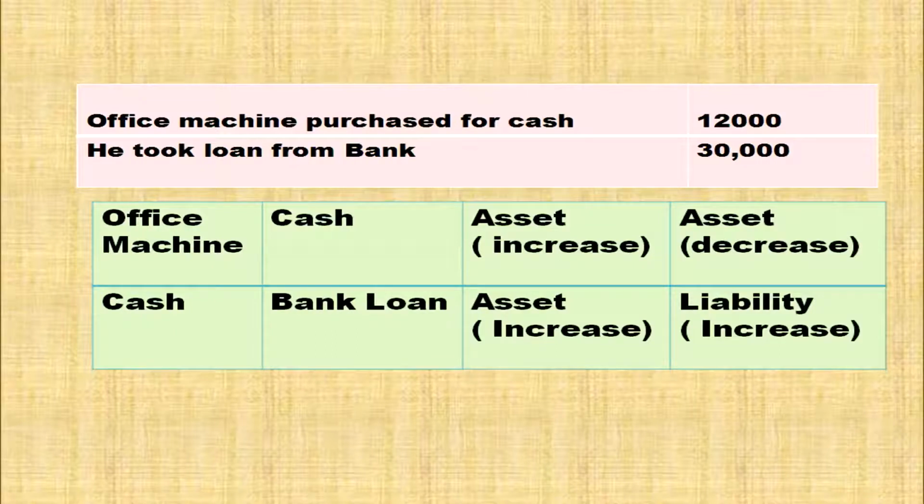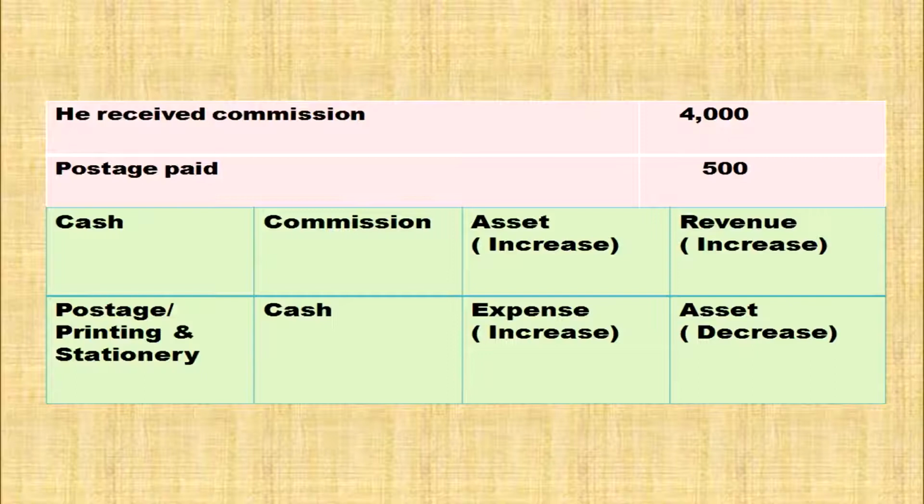is credited. Received commission. Cash is coming inside the business in the form of commission. So cash and commission are the affected accounts. Cash is an asset. Asset is increasing. Rule for asset account, when asset is increasing, it is debited. So cash account is debited. Commission being a revenue for the business. Rule for revenue account, when it is increased, it is credited. When it is decreased, it is debited. So commission account is increased. So it is credited. Cash account debit, commission account credit.